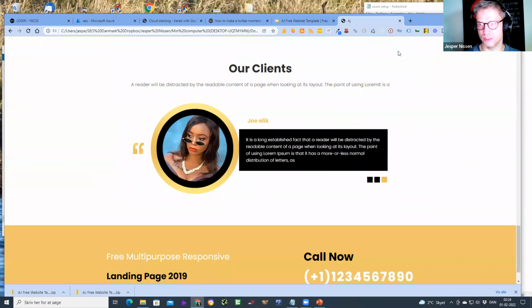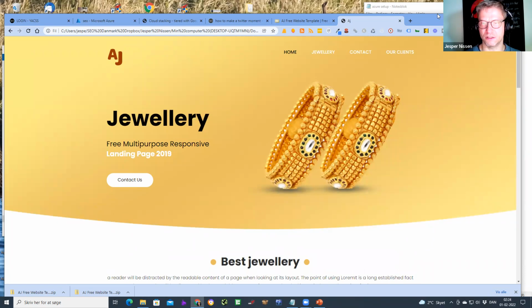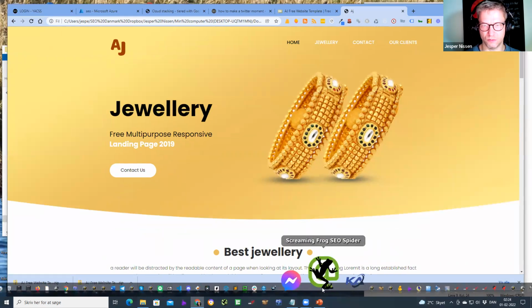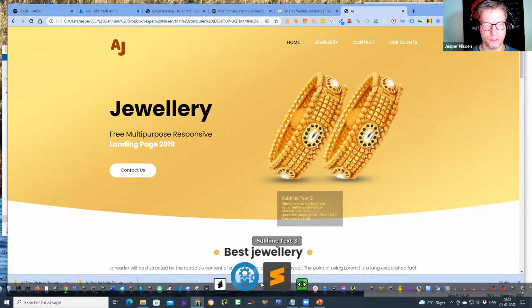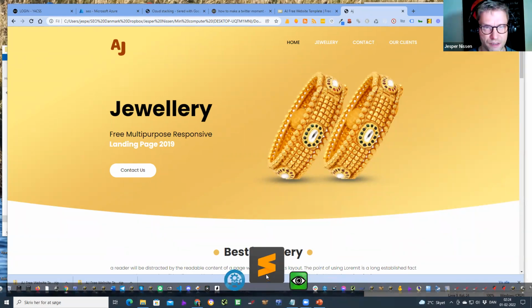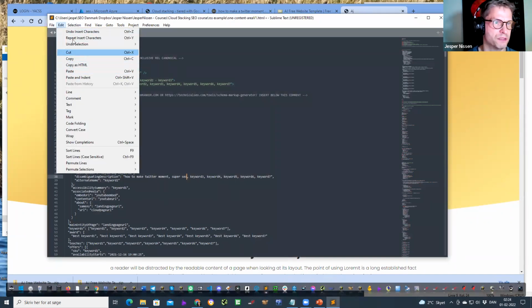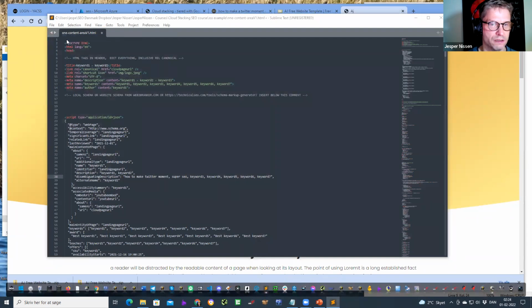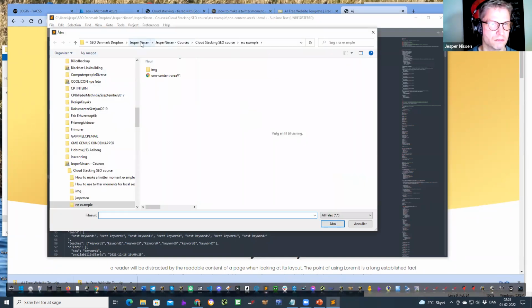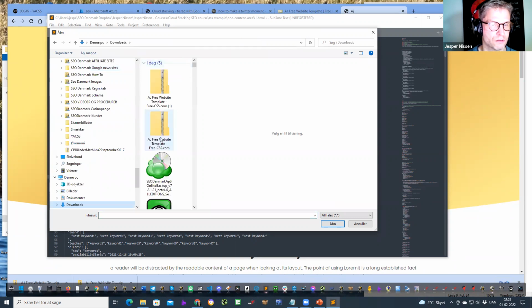I won't go into the HTML editing of this part now, but I can tell you, for those of you that didn't watch any of my previous presentations, that I use an application called Sublime Text 3. And let me just open it so you can see. Open file. Downloads. Where is it?